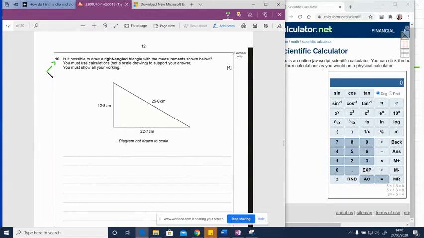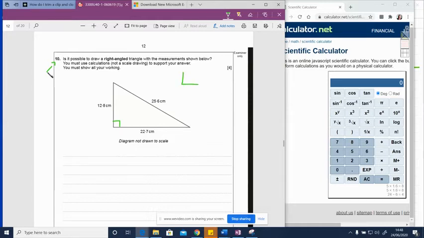Now we come to question 10. Is it possible to draw a right-angled triangle with the measurements shown below? You must use calculations, not a scale drawing, to support your answer and show all your working. Well, if this were a right-angled triangle, with the right angle being there, then we can use Pythagoras, because if